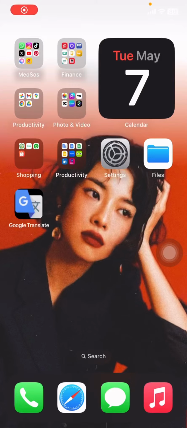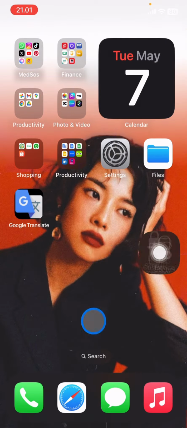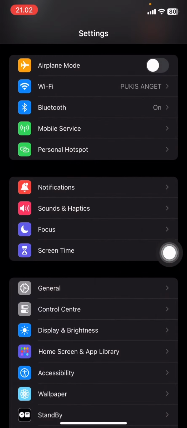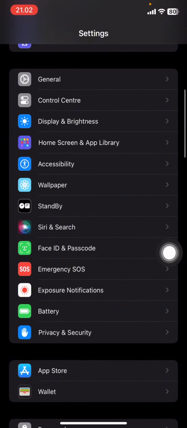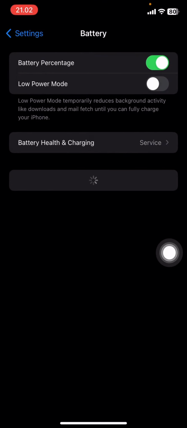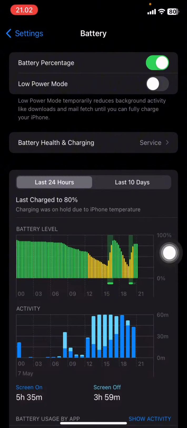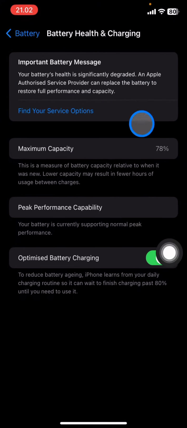Hello people, today we will learn about iPhone and I would like to show you the way how you can check the real battery health of your iPhone. So if you are checking your battery by just opening the settings, sliding down and finding this battery, and then you think that this battery health and charging is the true condition of your battery, now you are totally